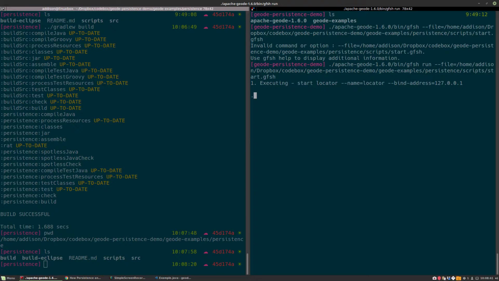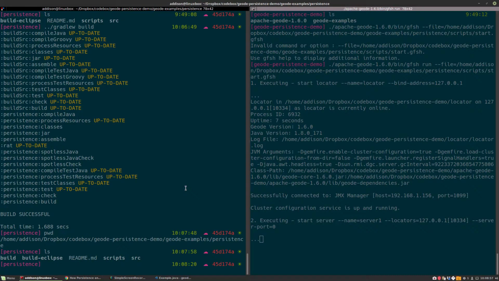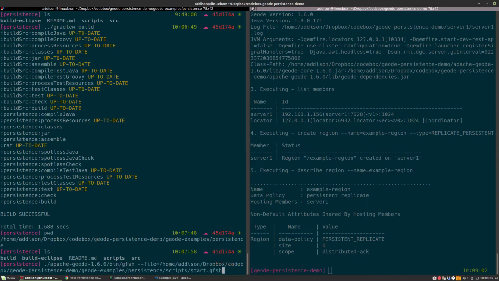So now we're using that script that's going to start the locator, start the server, create the replicated and persistent region, and then we can go in and run the example. Cool. So let's hop in here, and that's done. We'll use Gradle to run, because all that's doing is running our example and connecting to the cluster that we have running locally here. So we'll go here and we'll run, and we'll see